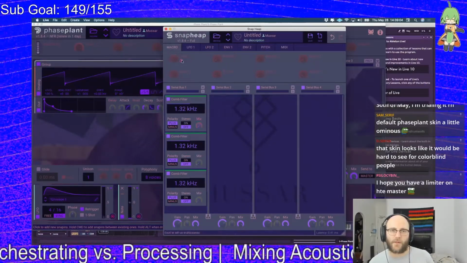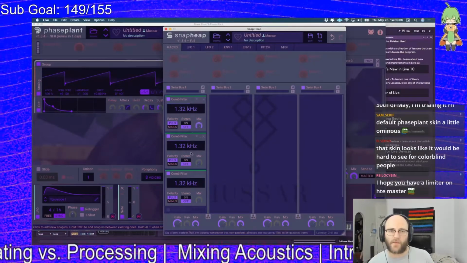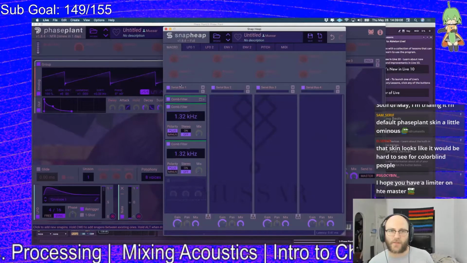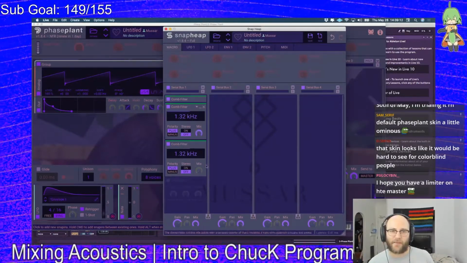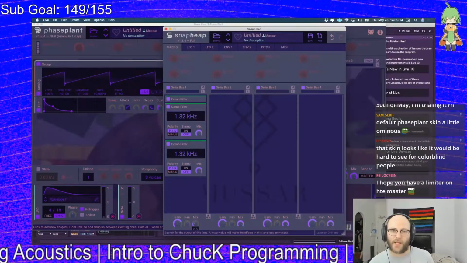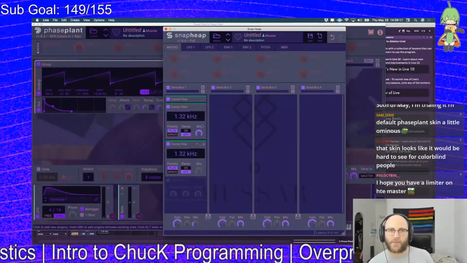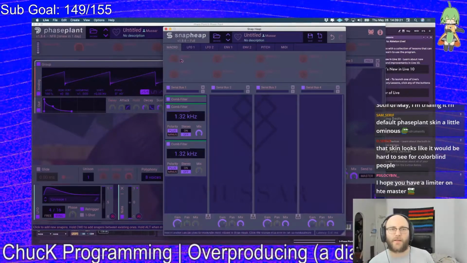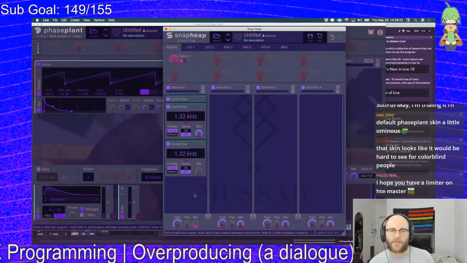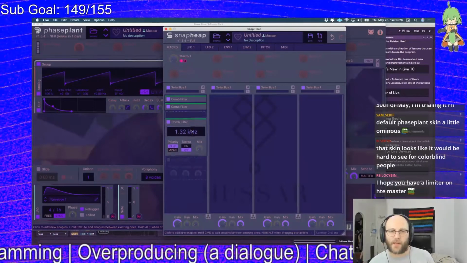Actually, I'm gonna do it this way. So this is gonna be how we do resonance control. I wish there was a way to scale it in here, but they don't have that yet. But what you could do is stack turning these up to add resonance. So I could set this here as mix, and then I could do